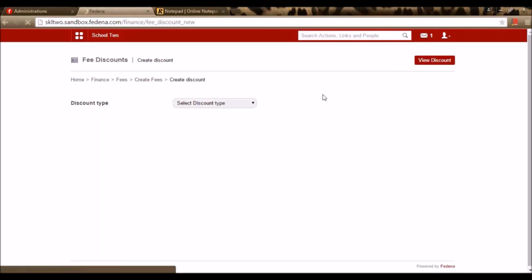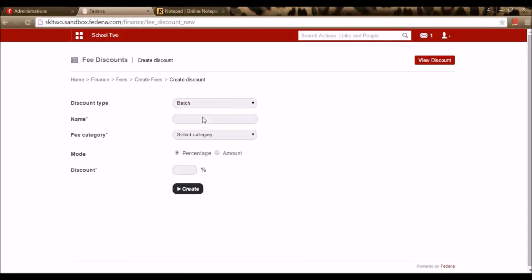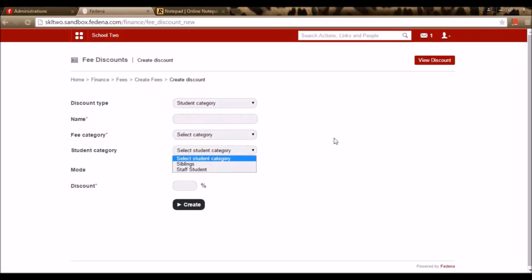Once I'm done with this, I can create discounts for this particular fee structure. I can go for create discount. I can select a discount type. So it can be for all the students in the batch, or it can be for a particular student, or it can be for a student category. If I'm going to give a student category, I need to select the student category for which this discount is applicable.